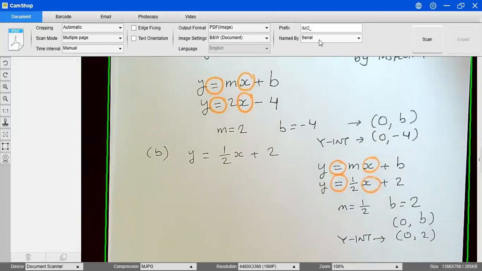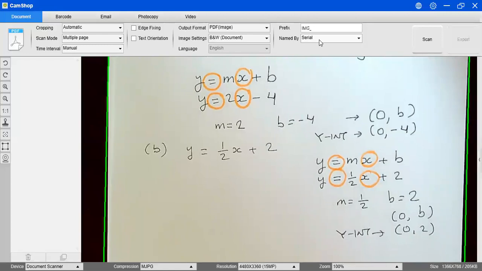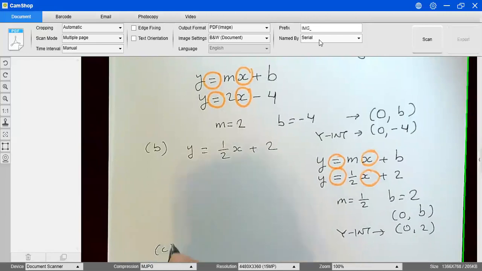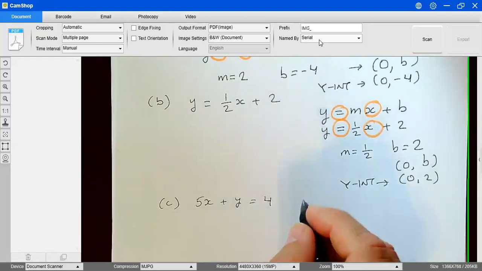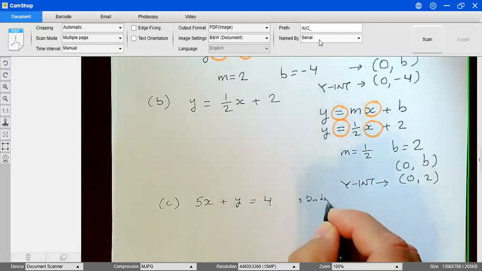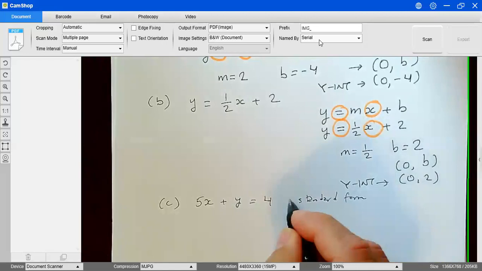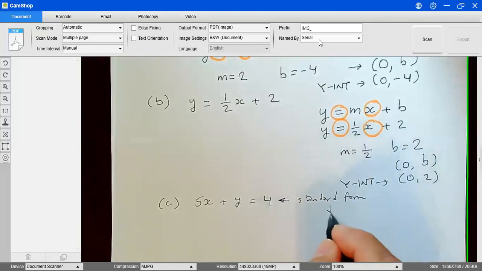So now the last problem is part C. So the equation that is given is 5x plus 2y equals 4. So now you can see that this is not the slope-intercept form, this is the standard form. So we need to transform the standard form. We need to rewrite it